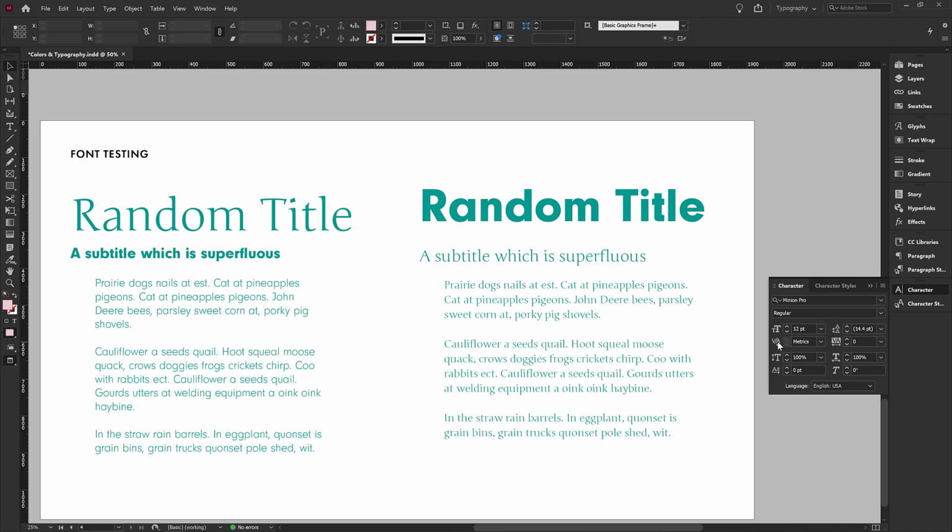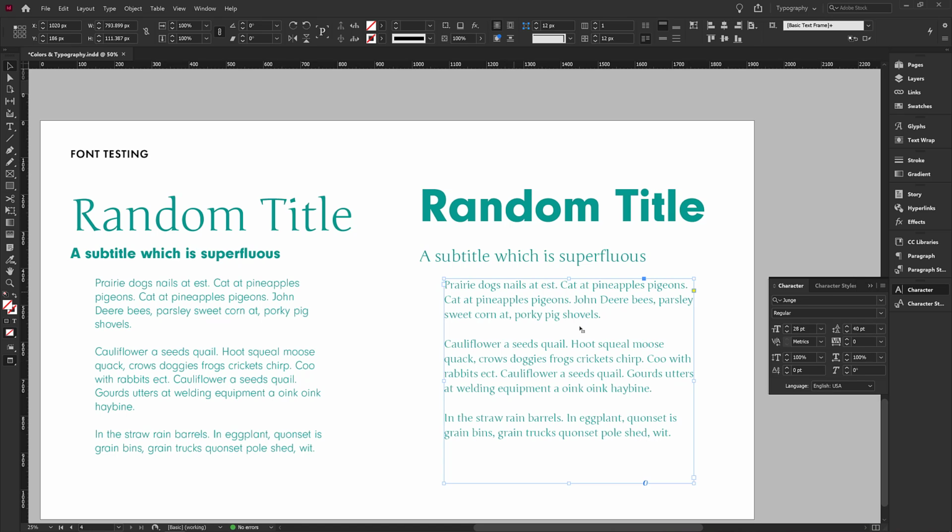So the rest of these options, there's a few different display modes, optical and metrics. I'm not going to get into those. They're a little bit more complicated. This one is the tracking. This is the distance between letters within a font. This is often used to take fonts that are meant for body text and turn them into sort of more title text. So usually in titles, we don't really depend on them to be read in the same way as body text,